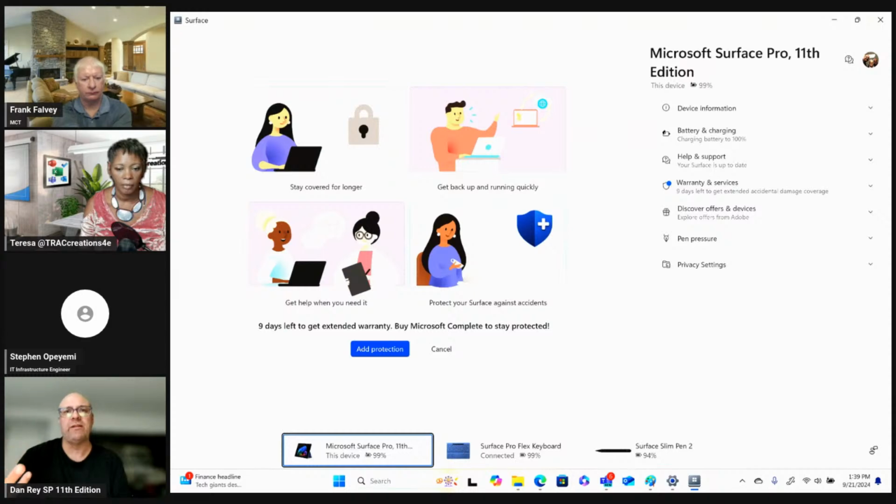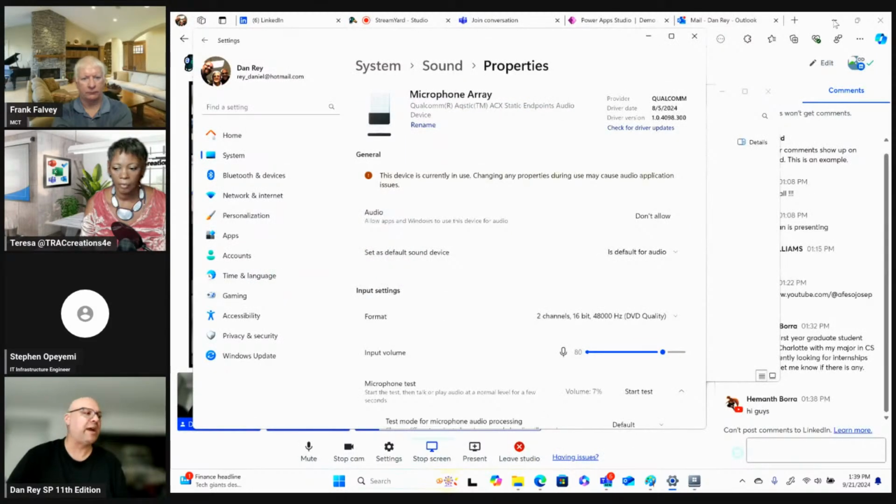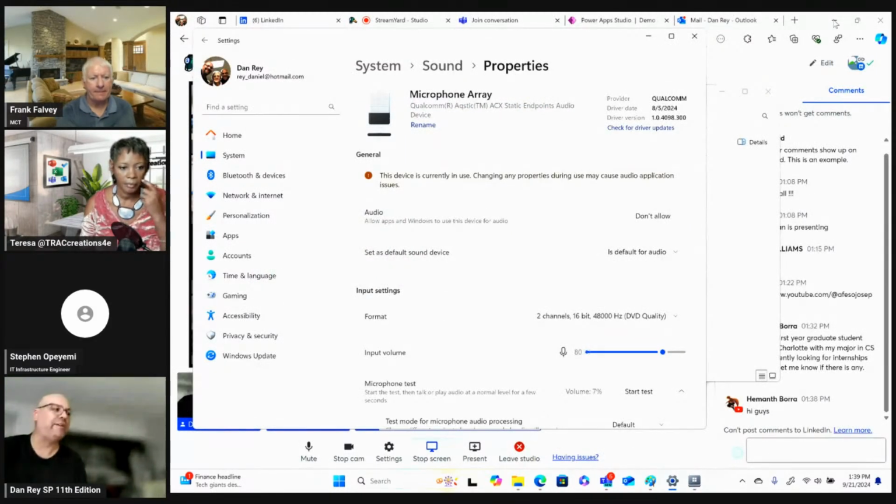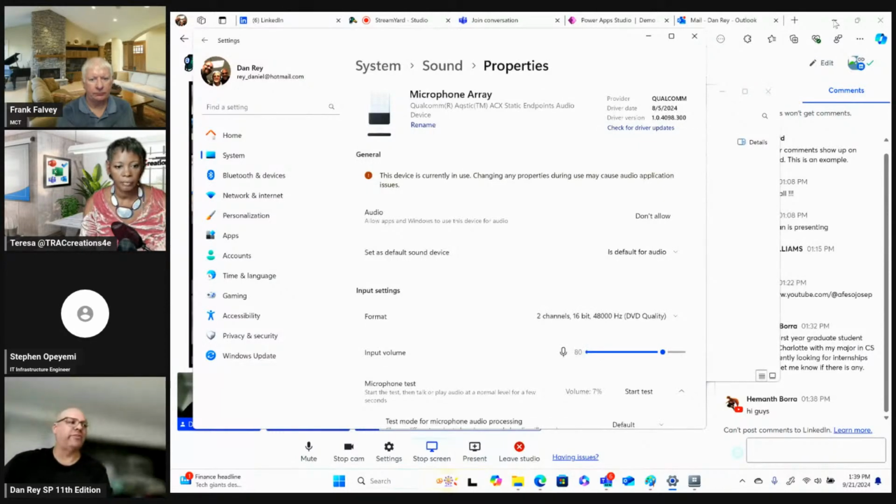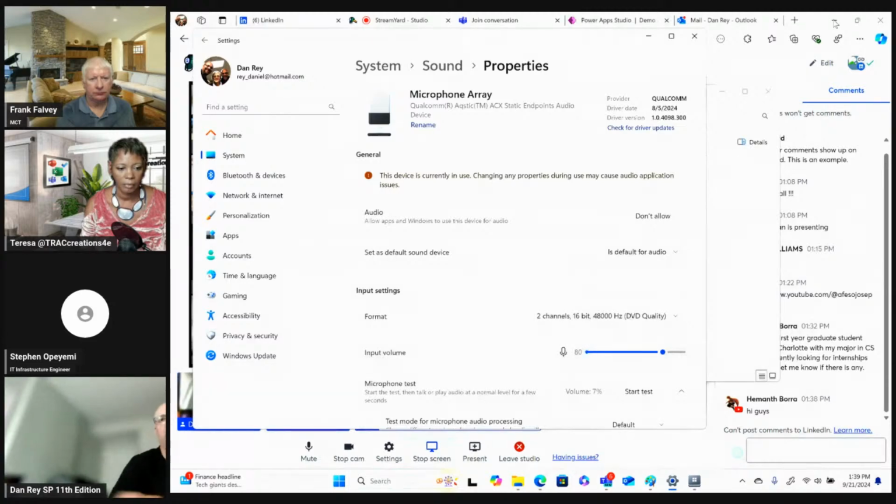And like when I'm in any type of scenario, like I'm at a desk right now, maybe I want to set my Surface a little further back and I want to have the keyboard out where I am in my lap. It's much easier for me not to have the two devices within proximity. And then the Surface Pro 11th edition also has a wide field, and we'll see, there it goes. It's doing the auto framing for me. So if I get off center,